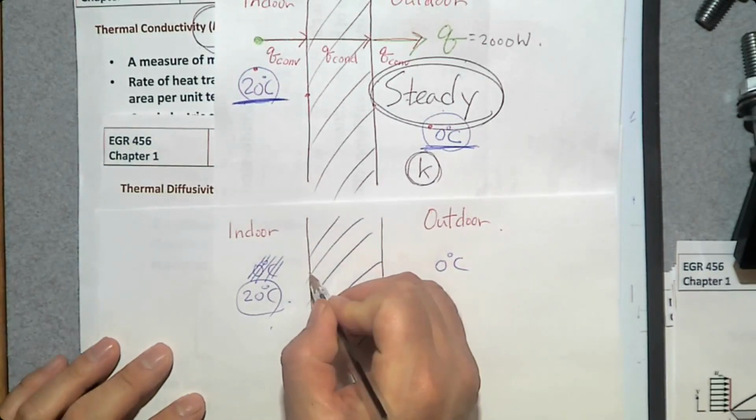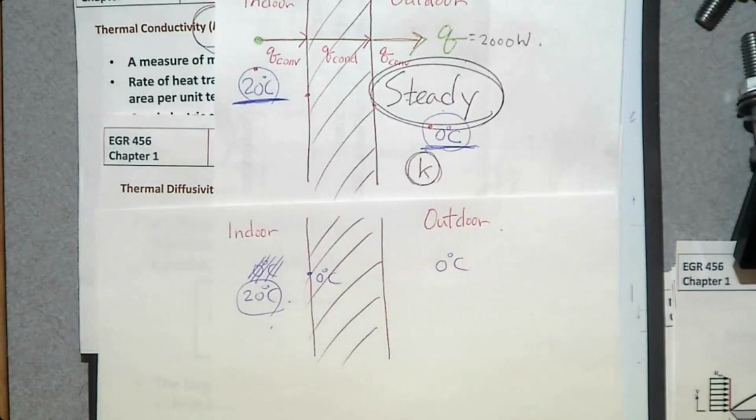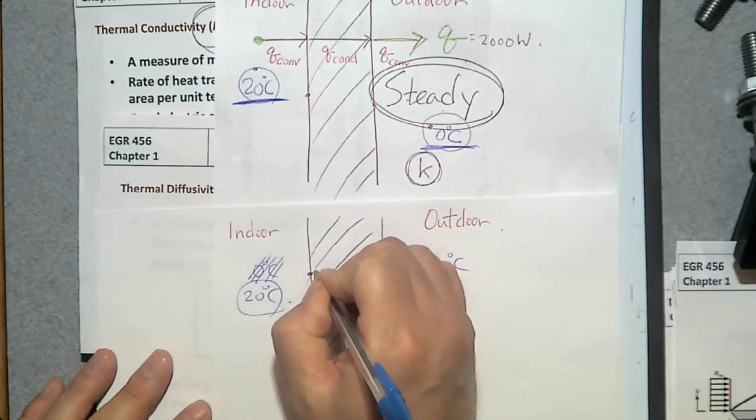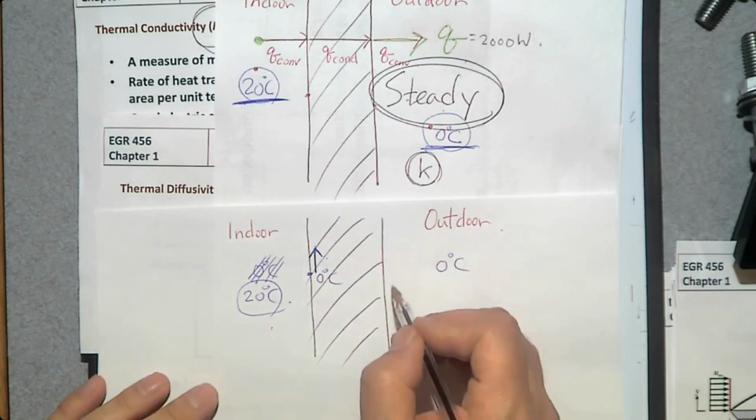The inner surface temperature was initially 0 degrees Celsius, and now it is going to move up from 0 degrees Celsius. Then there is a change in temperature. When there is a change in temperature, it is transient